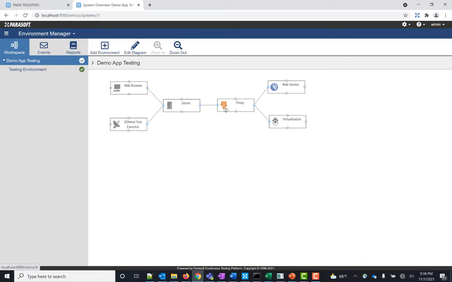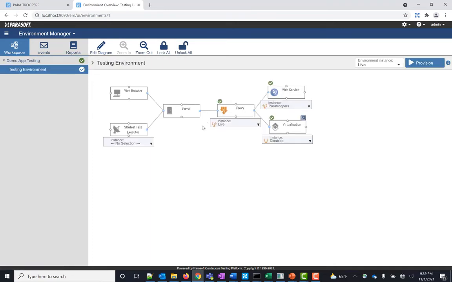And the proxy acts as a traffic cop. When it sees requests coming from the server, it says, rather than go to the web service, instead go to my virtual asset. This is a very simple model, but there could be complex models with various combinations that can all be saved into these configuration instances, and all it takes to flip between your virtual and your live asset would be to click here and click provision.